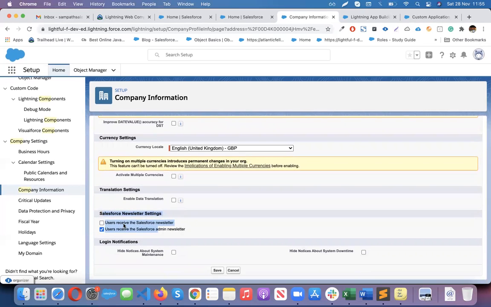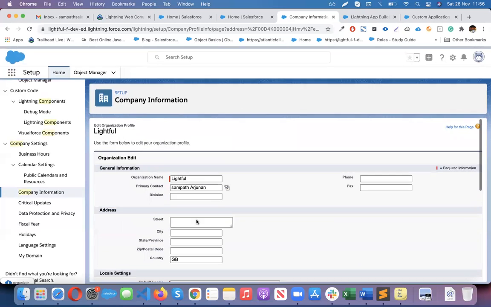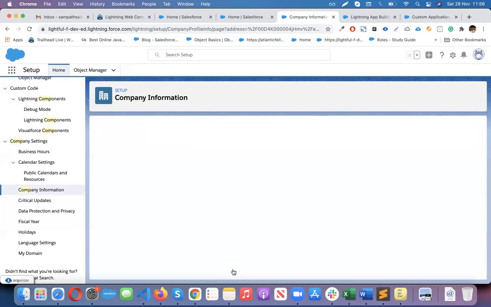Then, would you like to use the newsletter from Salesforce? Users receive the Salesforce newsletter. Yes means check it. Users receive the Salesforce admin newsletters. Check it. And login notification about the system maintenance, about the system downtime. So you can see it. So this is on the edit mode. Now, if I go back to the detail mode,